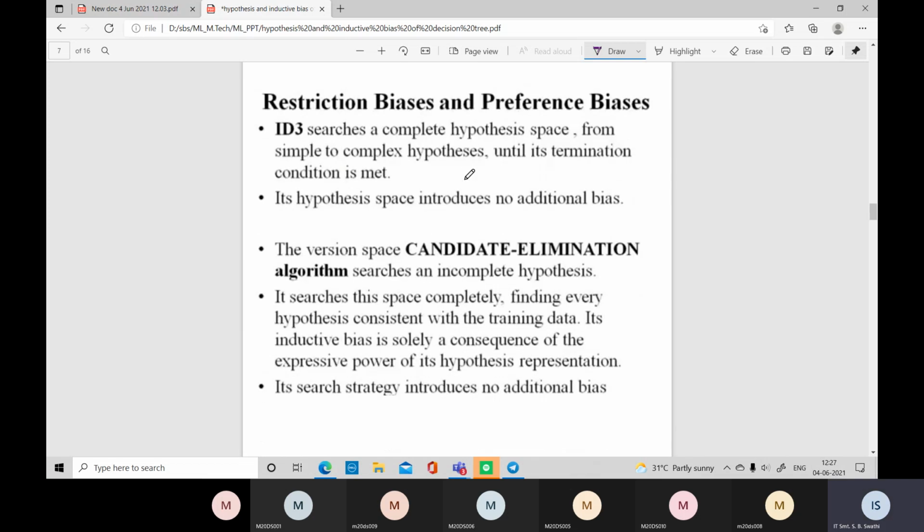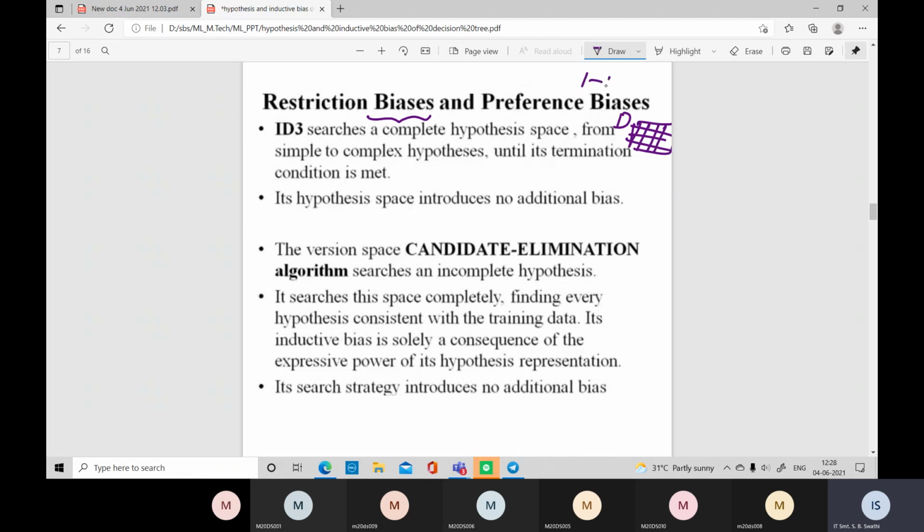Then the next one is restriction bias and preference bias. Whenever we talk about the term bias, it is related to the inputs we are taking, or the instances which are present in the training data. Now when you are taking ID3, it always takes the total data set as the training examples. When you are considering the total data set for generating the tree, you can give some preferences, you can pose some restrictions on the instances.